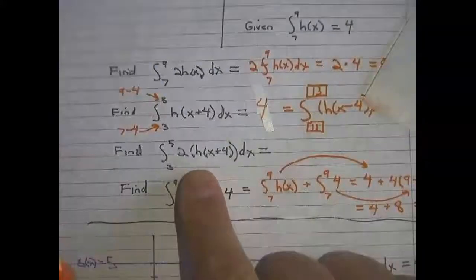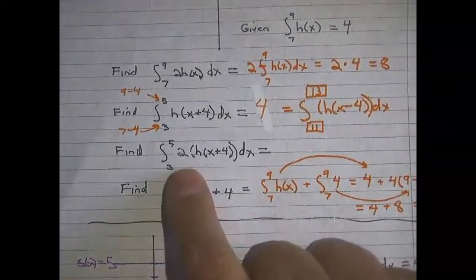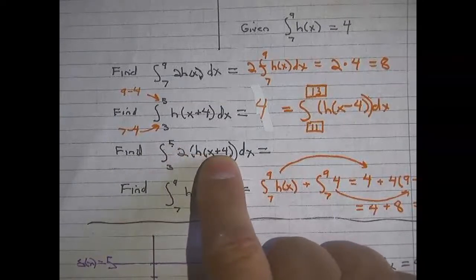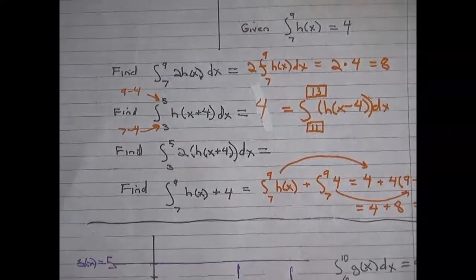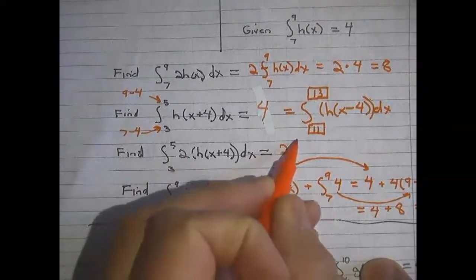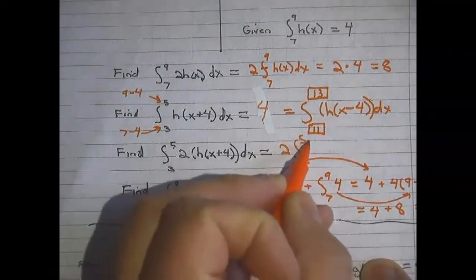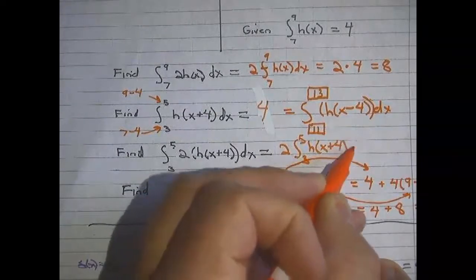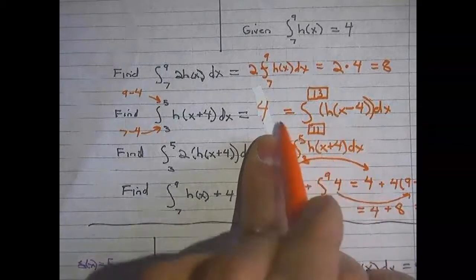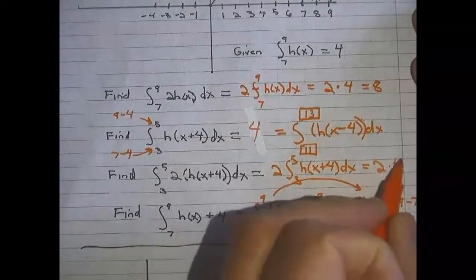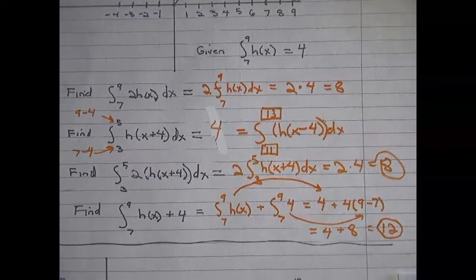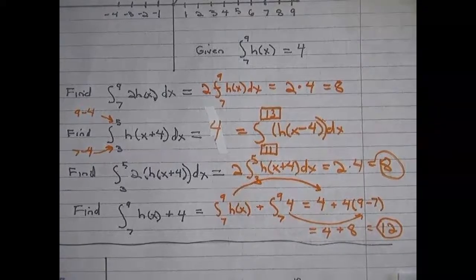Okay, how about the last one now? The area from 3 to 5 of 2x plus the quantity h of x plus 4. 8, yep, I can factor out that 2, put it in front of the integral. From the previous problem, we established the value of this integral as being 4, so this just becomes 2 times 4, which is equal to 8. Okay. All right, so that finishes up the